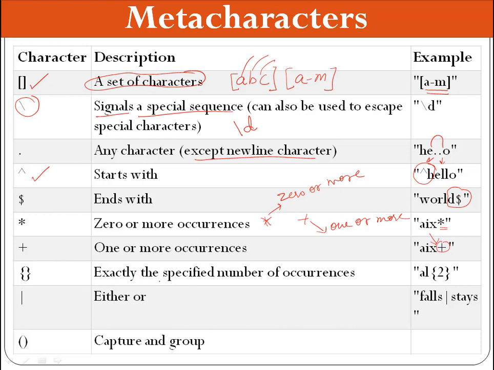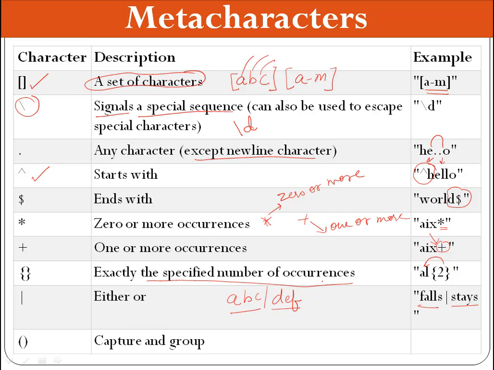Curly braces mean exactly the specified number of occurrences. For example, a l, then curly braces 2, it means 2 times. Then the pipeline symbol means either or. If I write a b c | d e f, it means either a b c or d e f. Either falls or stays. So this is the pipeline symbol.